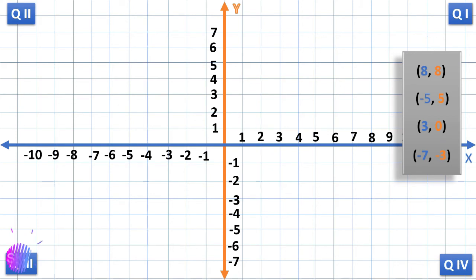So 8, 8, negative 5, 5, 3, 0, negative 7, and negative 3. Okay. So we start with